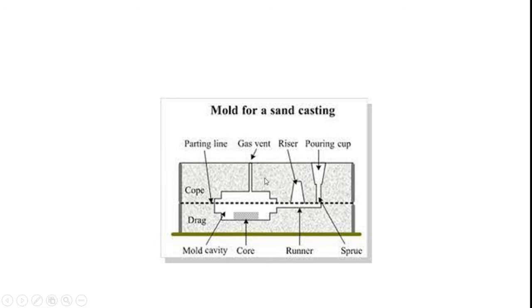During the pouring of molten metal, steam is produced. The steam escapes from the gas vent. The riser is used to visualize the molten metal filling up the mold cavity, and also we can supply extra metal. Due to the solidification process, the mold cavity may get shrinkage. For avoiding the shrinkage, we can supply molten metal from the riser hole. This is also possible with the molding process. Thank you all.